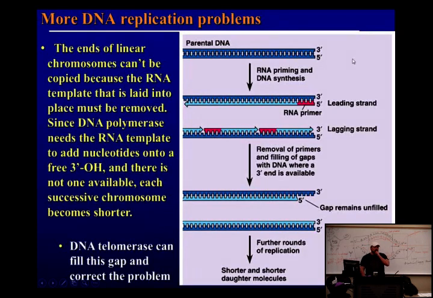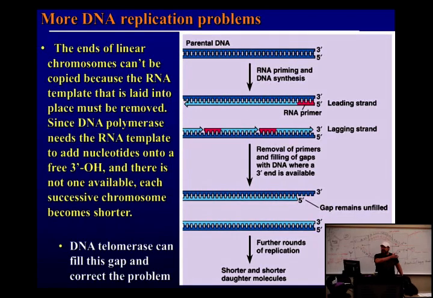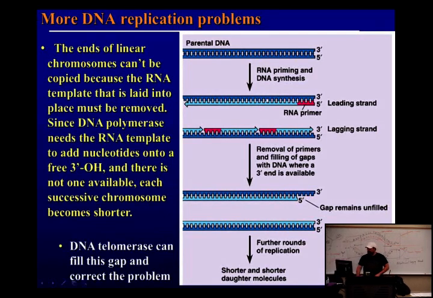All right. So there's a problem that occurs in our DNA, and that is that every time we replicate a linear chromosome, it gets shorter. And at some point, it gets so short that it starts cutting into genes that we need to control the cell cycle, and it causes the cells to undergo apoptosis. You guys know what that is, right? Cell suicide or cell death. So cells can only divide a certain number of times, and then they undergo cell death because of this shortening of the chromosomes. And this is why it physically happens.